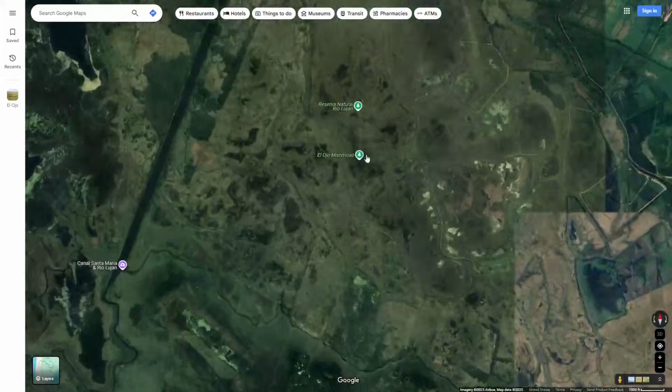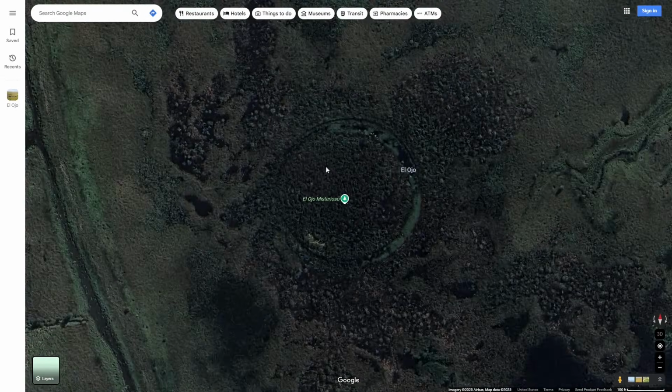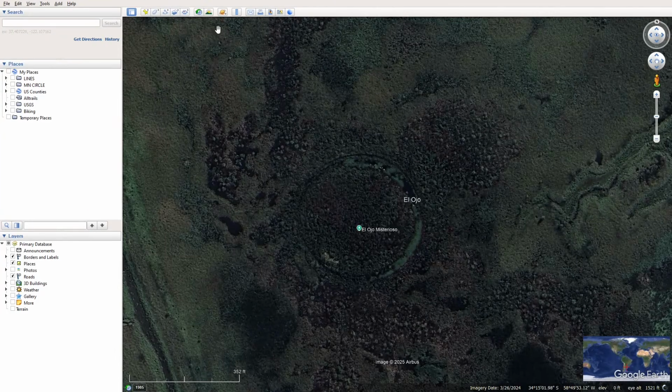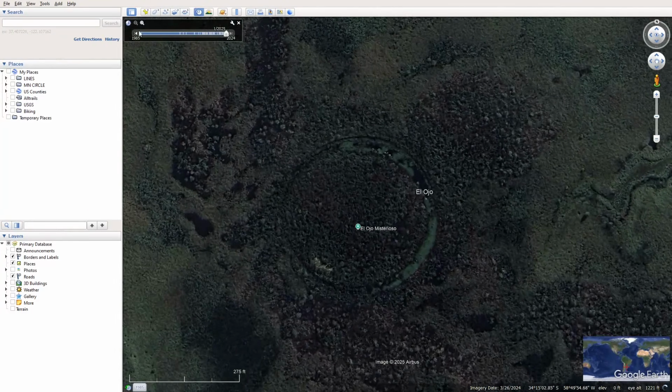Ojo translates to the eye. This is a circular island on a circular lake. This is probably the most famous floating island, with many YouTube videos discussing it. If I go here to Google Earth Pro and look at historic imagery, as you can see, it is rotating